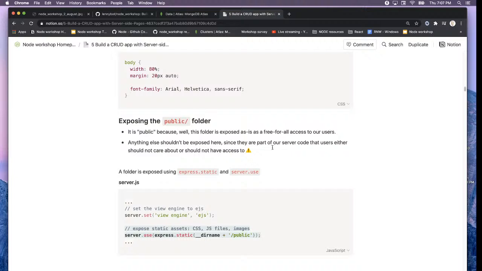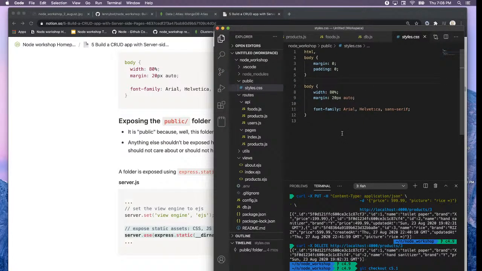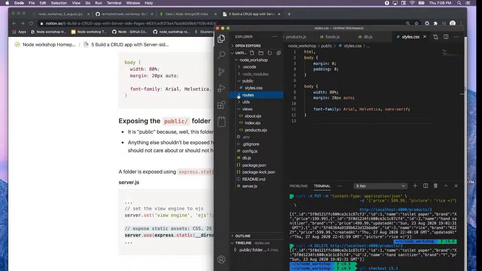thing with servers is that once this gets deployed somewhere in the cloud, it's going to be deployed on a computer somewhere, right? You call it a virtual machine or something else, but it's a computer somewhere, and you want that computer to be secure, because you don't want anyone to just go to that computer and start deleting your HTML pages or your CSS files or do whatever. So the security default is to block the access first, block everything and just allow the things that we actually need. So right now, if I go to